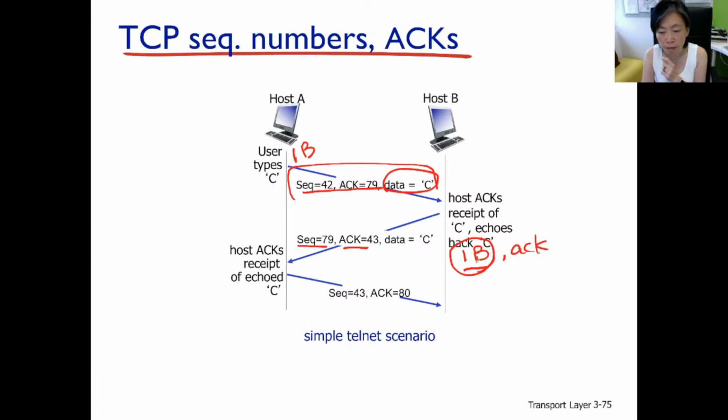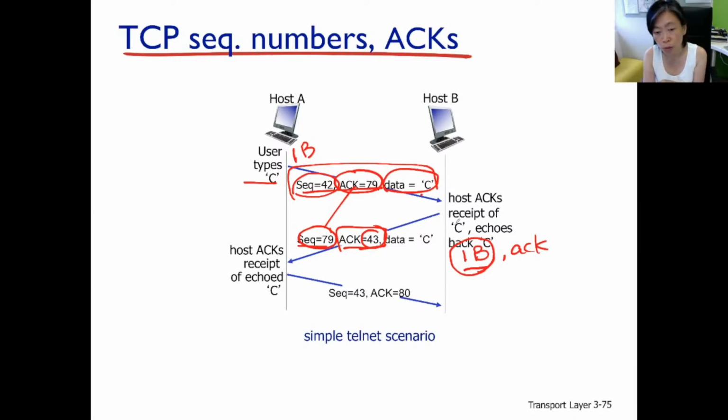Well, we send 1 byte of data. What should be the sequence number there? Well, go back here. The ACK number is indicating what is the next sequence number the sender of the ACK packet is expecting. Therefore, the sequence number we know should be 79. Now, what should be the ACK number here? Well, ACK number is what? The last byte received and then counting further by 1 byte. What is the last byte received? Yes, 42, because there's only 1 byte. And counting further, yeah, we say ACK 43.